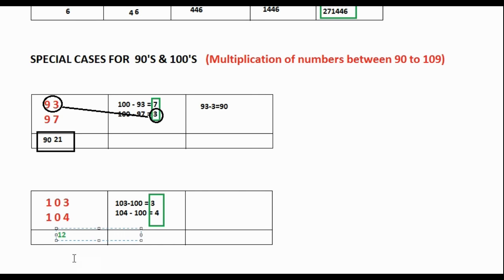And then in the last step, instead of doing subtraction, just add this 103 over 4 in the cross way. Or you can do it either way. You can add this 104 and 3. But you should not do both at the same time. You should do only one thing, either the top one or the bottom one. So in this case, I'm choosing this 103. 103 adding with 4 will give 107. Just write this 107 right before this 12. So our answer will be 10712. If this does not blow your mind, then you do not have any emotion.